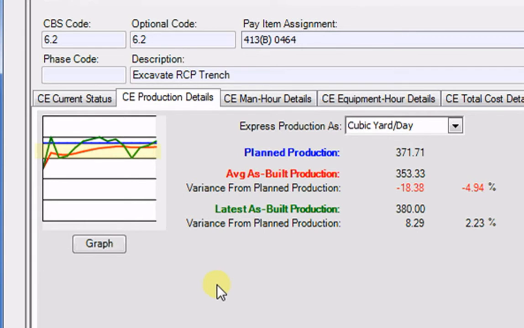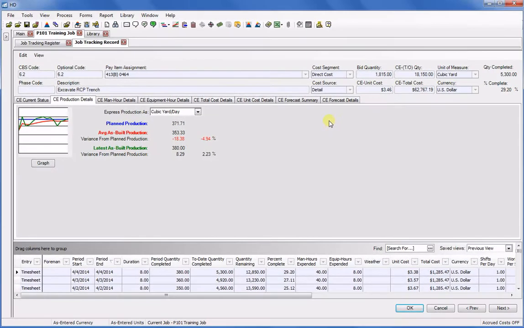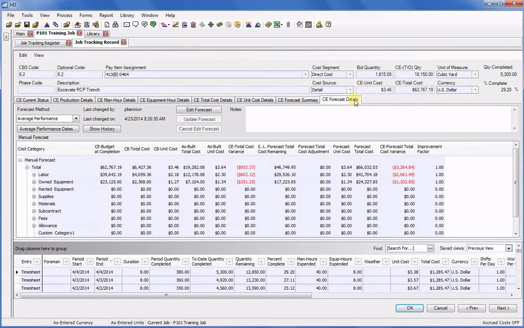But maybe I'd like to base the remaining work just on the average of this middle time period when we were producing well, because I think that will best represent how the rest of the work will go. On the Forecast Details tab, I'm currently using the Average Performance Forecast method based on all of my entries so far. And looking at my forecast total cost variance, it looks like I'm forecasted to go over budget by over